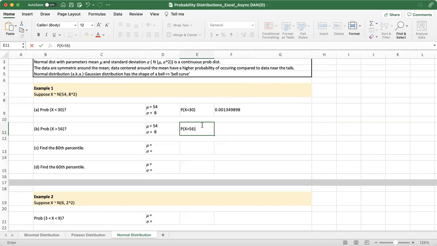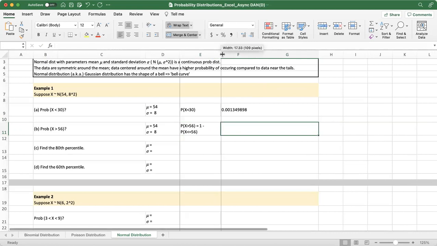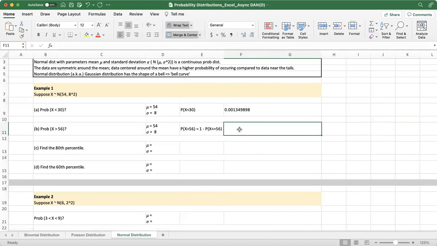So following what we did in the binomial and Poisson distribution videos, I'm going to express this as 1 minus probability of X being lesser than or equal to 56. I'm going to express this in terms of its complement. And when we do that, it makes it easier to find the values in Excel. So 1 minus P of X being lesser than or equal to 56 is 1 minus